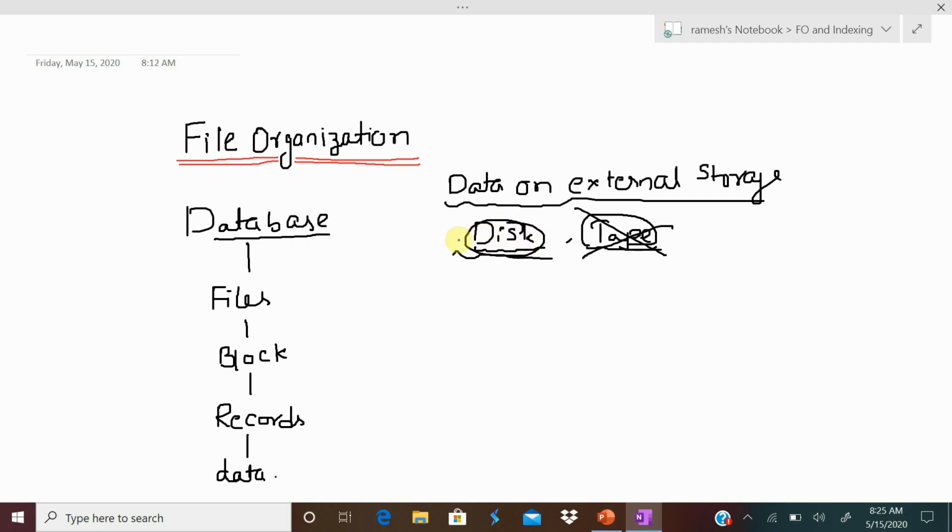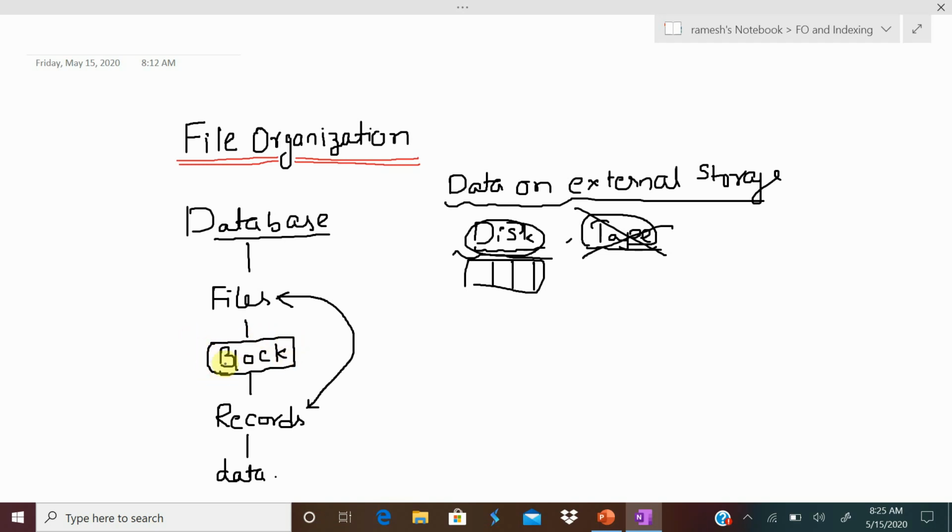Disk is nothing but a memory. Here memory is partitioned into blocks. In an operating system we call them pages; now I am calling them blocks. Now the task is that a database may consist of a file of records, and this file of records is to be organized into the memory blocks.